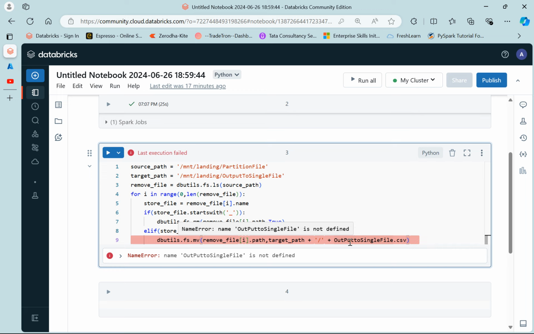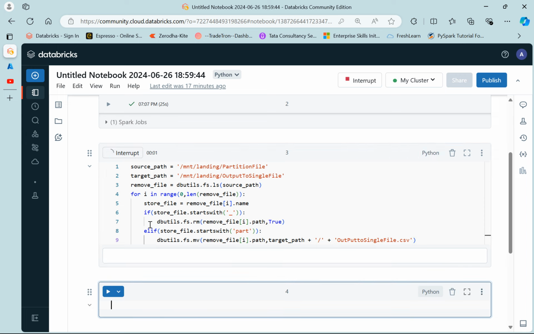Target path is correct only. Output to a single file, then output to single file dot csv. Here it is wrong because we need to give it in a string quote. Okay, now if we run this,